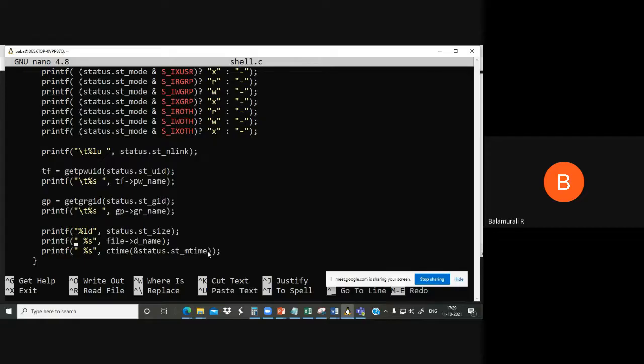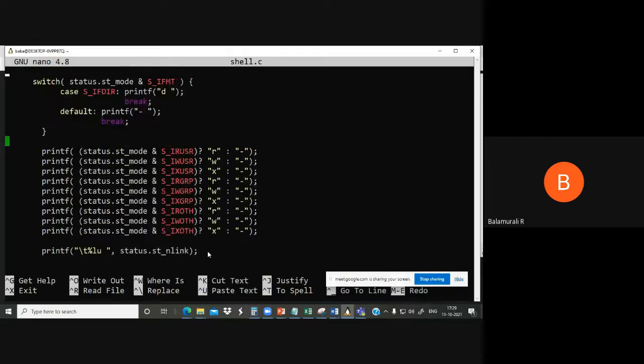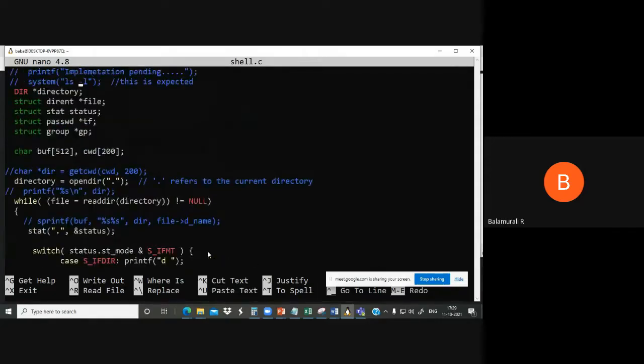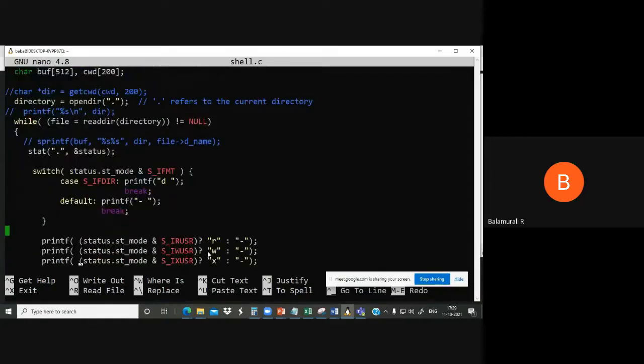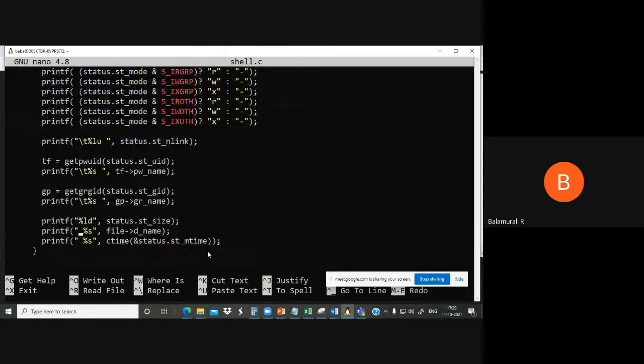And then there is a structure called dirent, a directory entry. That will give the file name, d_name, which gives the file name or the directory name. And the time of the file created can be accessed by using ctime of status.st_time.